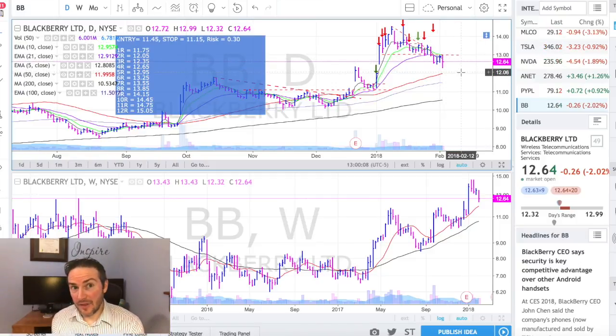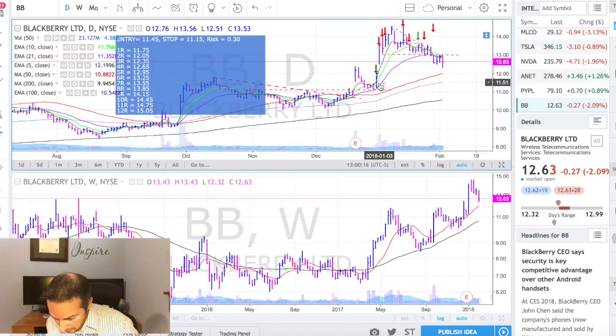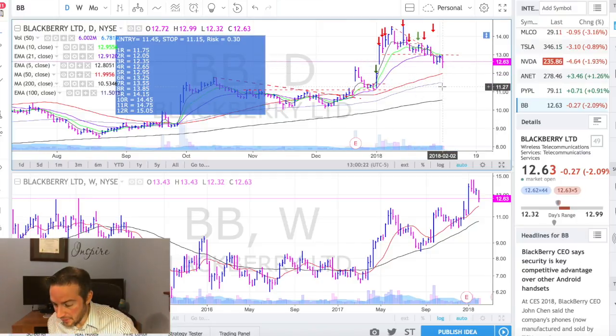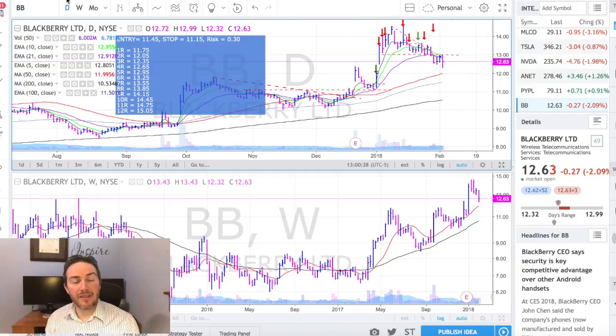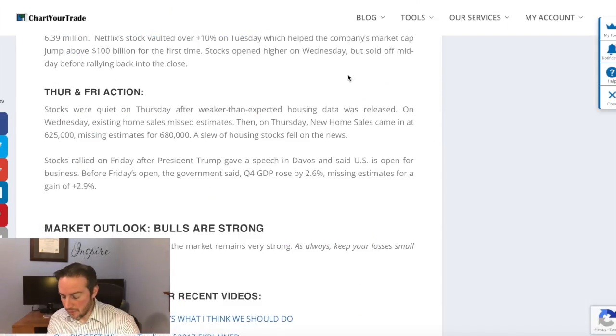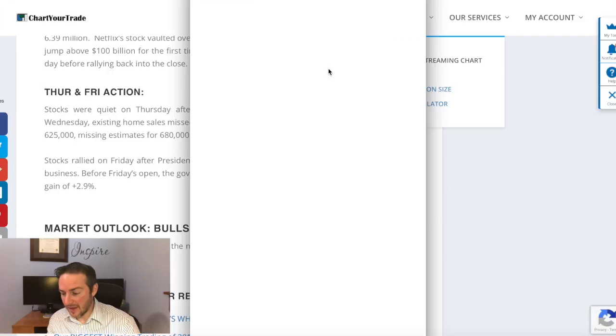Let's say I'm using that as my entry point, and that I would use this low here, right? So 12.32, just checking out this low over here, 12.51. Yeah, so let's say I'm using this low, 12.32, and I would enter somewhere in the ballpark of 13. The next thing that I'm going to do is I will go back over to ChartYourTrade, open up the position size calculator,